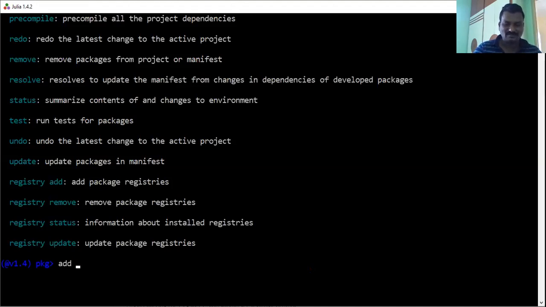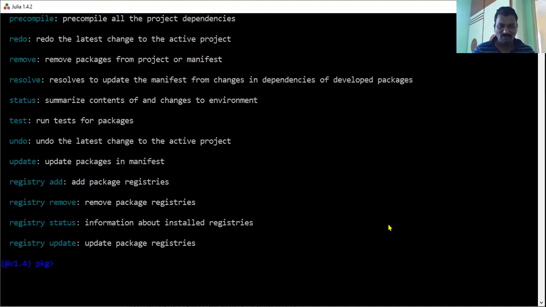Then the IJulia package. In this way, you have around 3,500 packages. If you want to add these packages, you will use the add command, and then the remove command.